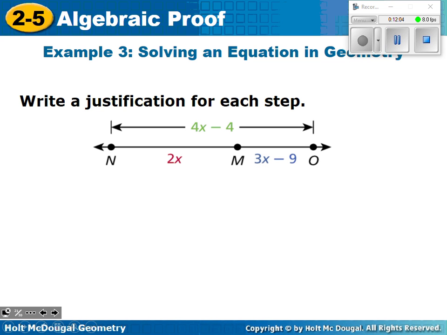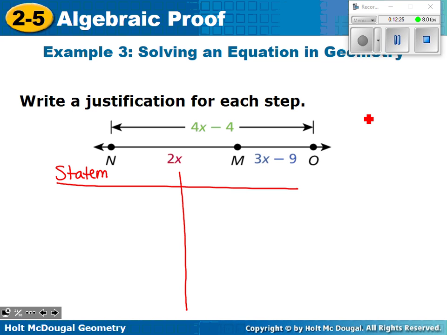Exactly. So Bailey knew the big idea. Part plus part equals whole is what we need to use, which was all we really needed for chapter 1. But now in chapter 2, we actually need to know the name. Segment addition postulate. So we're going to start there. It does say write a justification for each step. So go ahead on your notes and make yourself a T-chart. Statements, reasons,